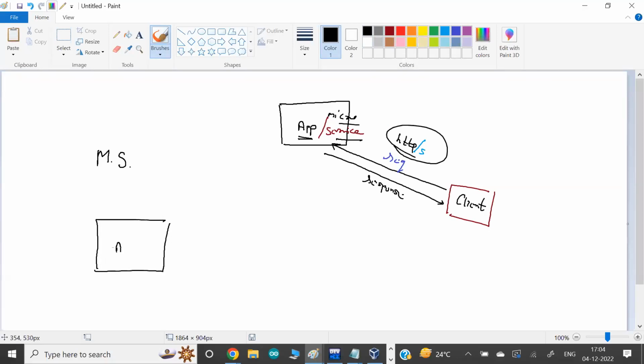So in simple terms, I can write here: if this system is running with the app or the service, my client is going to communicate with a protocol called the HTTP protocol. And obviously, when they reach here, this system should run on some port number so that they can connect on this port. After this port, they will communicate with the services and ask them to perform whatever they need for you.